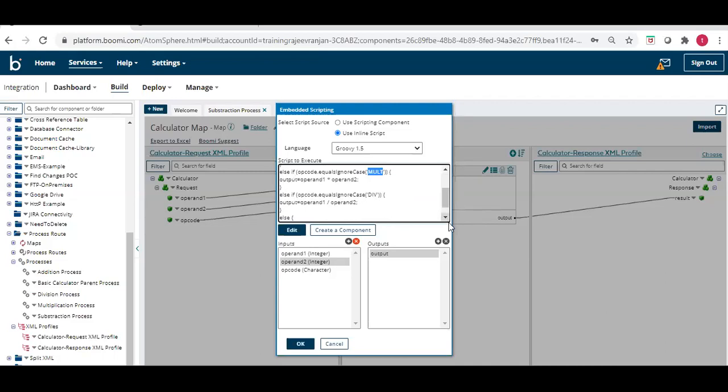If none of the conditions is matched, by default we return output equals 0. So by using only one scripting map, we have used this map shape in the different sub processes for addition, subtraction, division and multiplication.